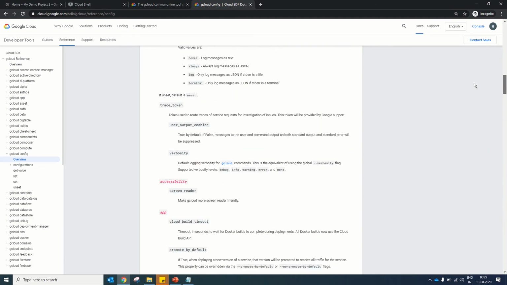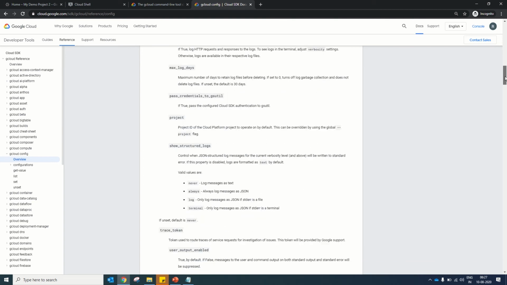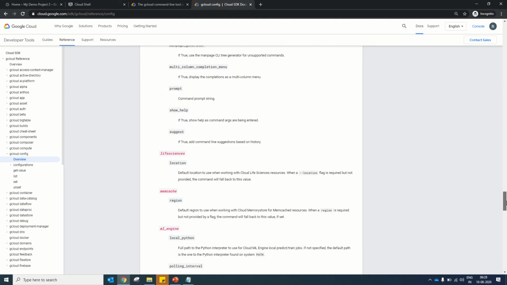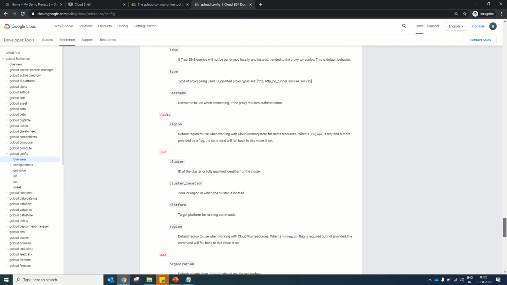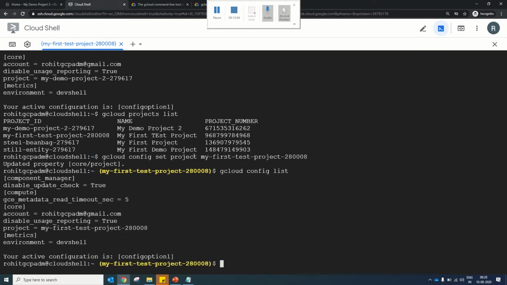configurations listed under core value can be directly approached, like project and tokens, verbosity, but other configurations mentioned in other categories need to be defined. Like this, we have scc, and under scc we have a configuration which is organization. So let's configure the organization value for this.